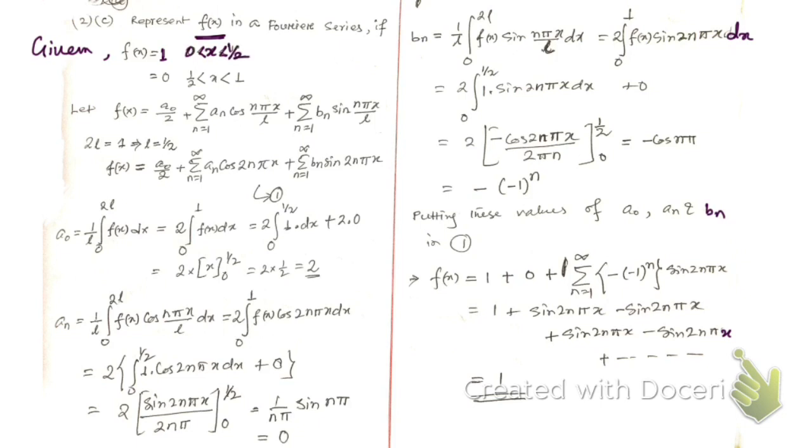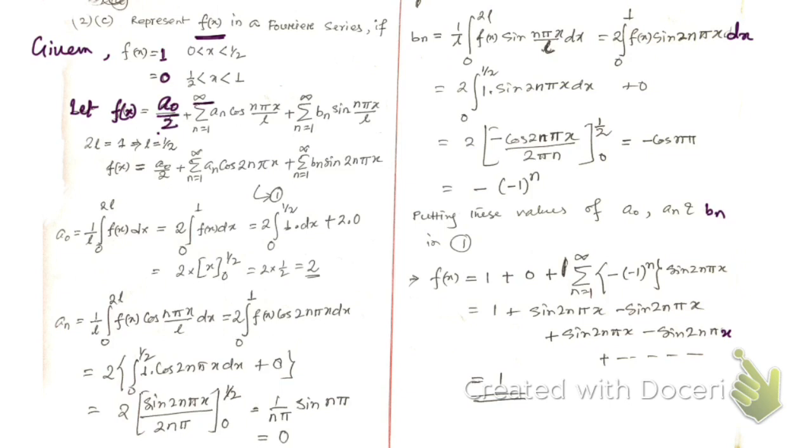Okay, then, so hope you can see this. Then f is equal to 0 when x is greater than half and less than 1, right? So now we have considered the Fourier series of this function f of x, which is a0 divided by 2,